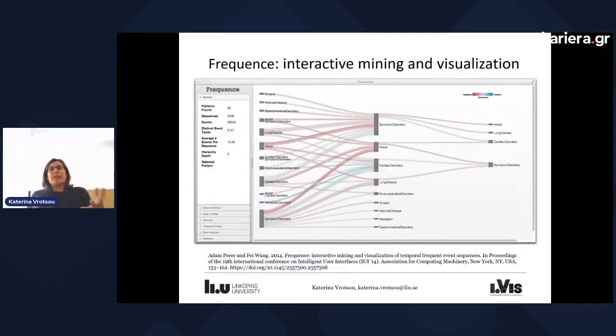So in visual analytics, there have been several approaches over the years that have looked into creating visual analytics approaches for improving and making this task more interactive. One of several examples is called Frequence, and it's an interface